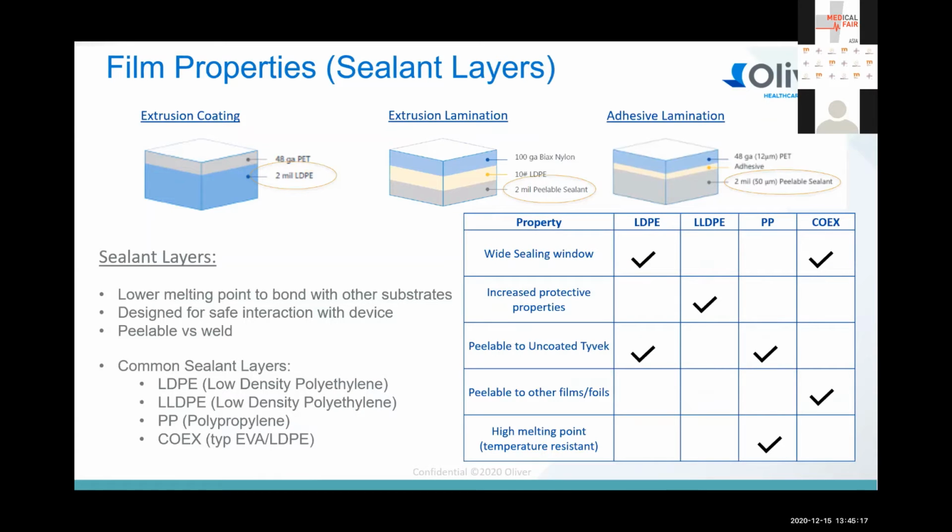The second part of the same film is the bottom layer, or the sealant layer. Sealant layers have different functions. They have a lower melting point to bond with other substrates. They are used for creating a peelable or a weld seal, depending on the application. And the common types of sealant layers are LDPE, LLDPE, polypropylene, and co-extruded types, which are EVA or LDPE or